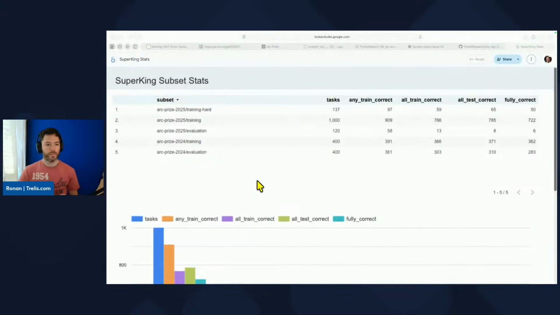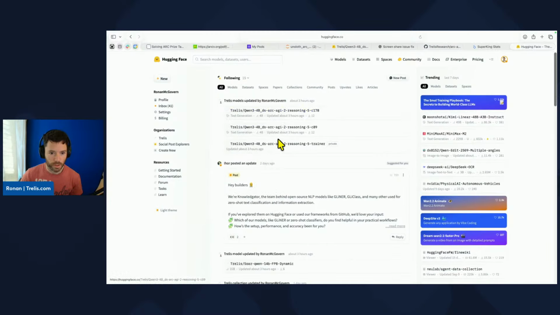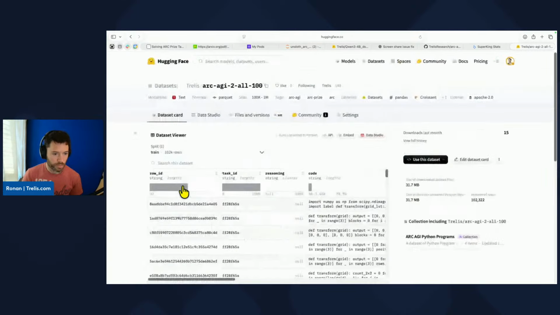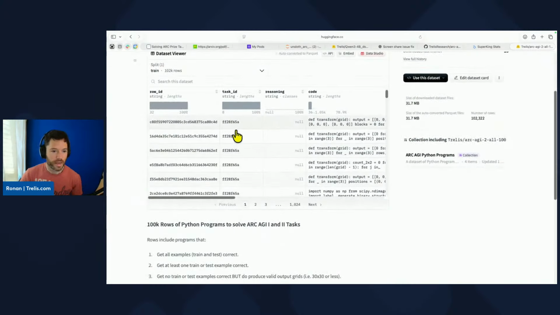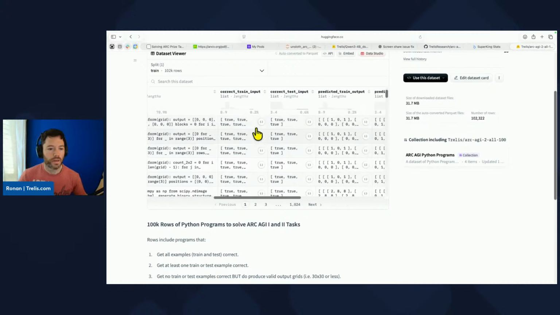So here we have the stats of the data sets that we pulled together, which are built on the programs that Julien had put together. And it's probably helpful if I just show you in Hugging Face first what these data sets of programs look like. And I can do that just by going to one of these data sets that we've open sourced. So a pre-training data set, or test time tuning, if you wanted to do that, involves a task ID. So this is an arc task, optionally some reasoning if we've collected a reasoning trace, some code, then the predicted train